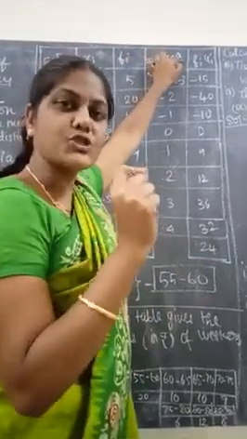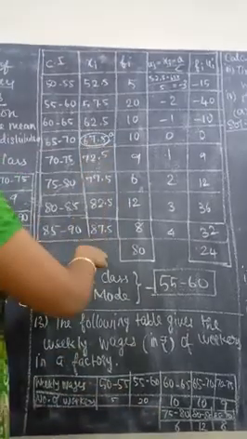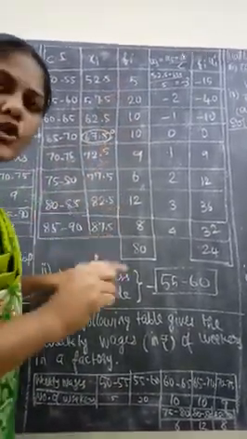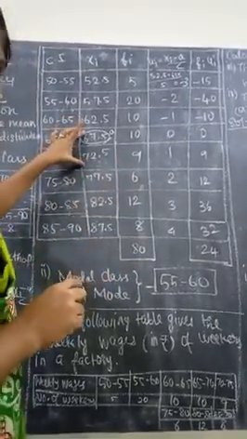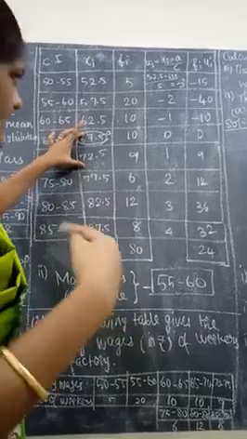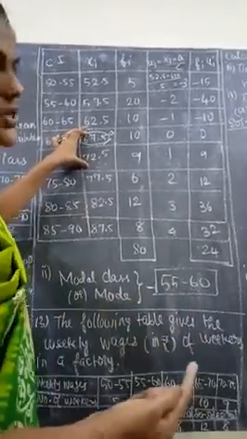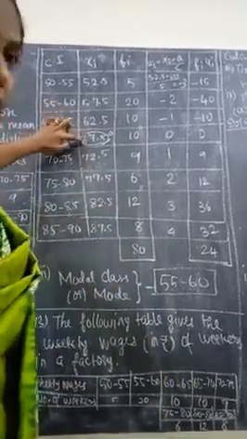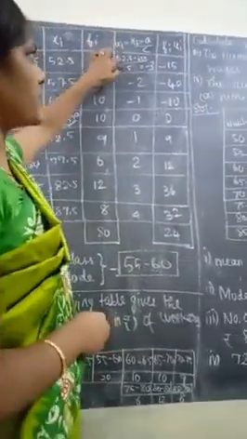A means the assumed mean. So listen, how do we find the assumed mean? How many values are here? 1, 2, 3, 4, 5, 6, 7, 8. Totally we have 8 values. So these two are the middle values. Of these two, you can assume 67.5 or else 72.5. It's your wish. Using these two, you can take any one as the assumed mean. Here I took 67.5.